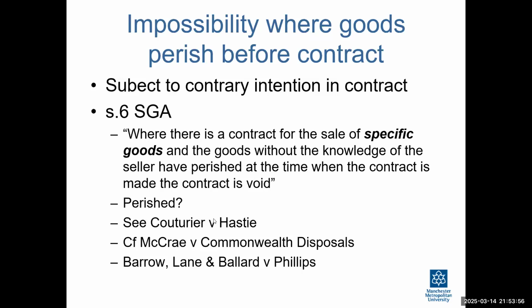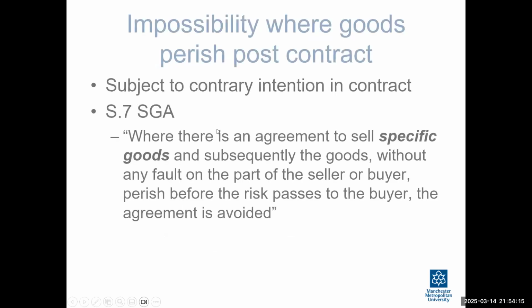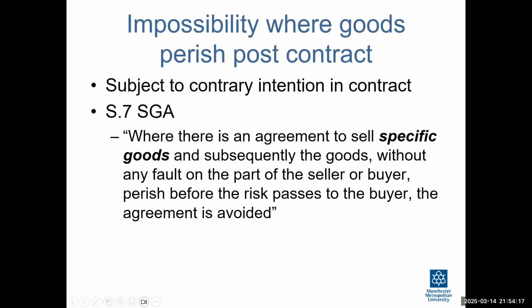And the authority for that is Couturier v Hastie, where the goods of the contract have deteriorated by the time of the contract, the court said, yeah, that's frustrated. The contract, no property passes, it is void. And section 7 as well. Section 6 is about before. Section 7 is if after the contract there is a destruction, a frustration of the contract because